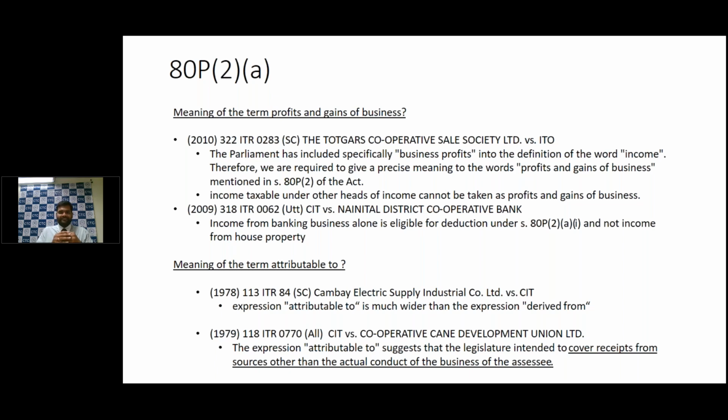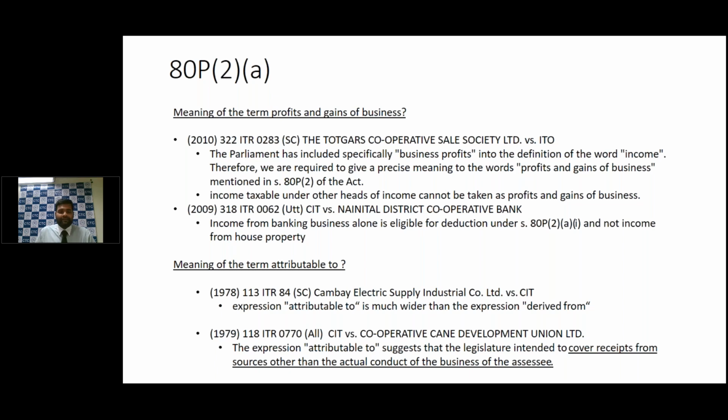Therefore, one thing is for sure: under chapter 4, there are 5 heads of income. One is not applicable to a cooperative society. The other 4 heads of income will have significance while computing deduction under section 80P. Only if the income of a society is taxable under the head profits and gains of business and profession, sections 28 to 44, can the same qualify as a deduction while computing under section 80P. So now, once we have understood the concept that only profits and gains of business of a cooperative society are eligible for deduction,